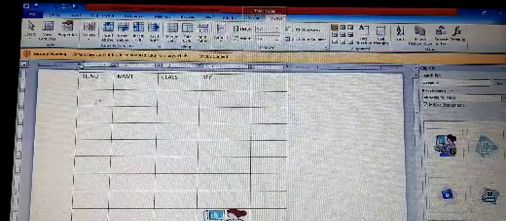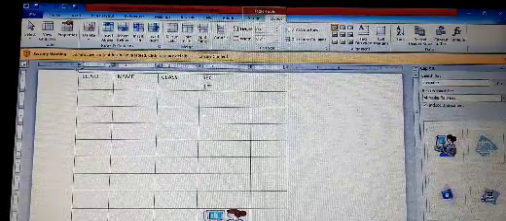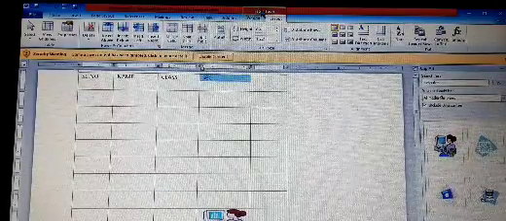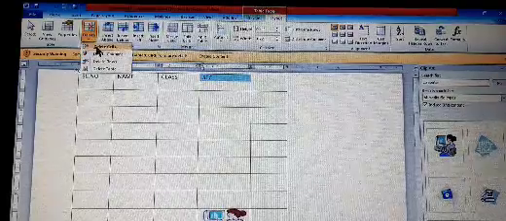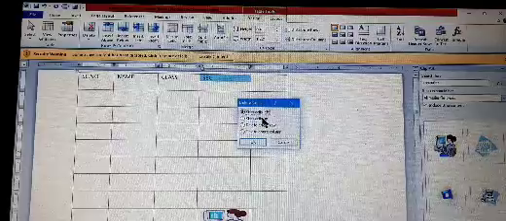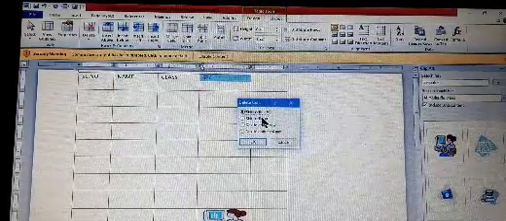To delete a particular cell, select the cell, table tools layout, delete cells: shift cells left, shift cells up, delete entire row, delete entire column.